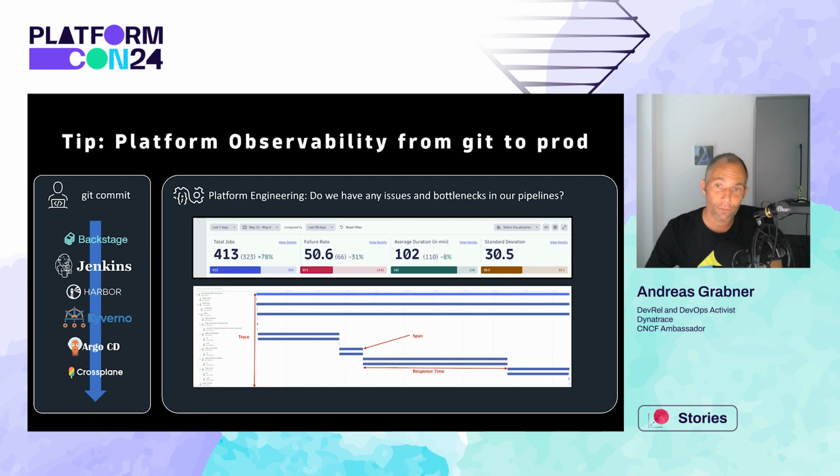With this, you have the ability to actually extract all of these high-level metrics: number of jobs executed, failure rate, duration. But with traces, you also get to see when things slow down, when things fail. You can see why this last pipeline execution failed. Maybe a dependent system. Maybe Jenkins is trying to reach out to Git, but the Git API was not available. You would see this in the trace, which makes it easier for you to troubleshoot.